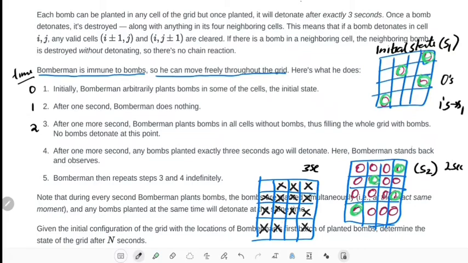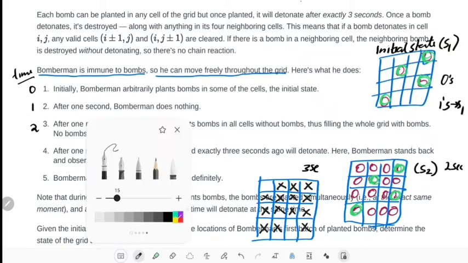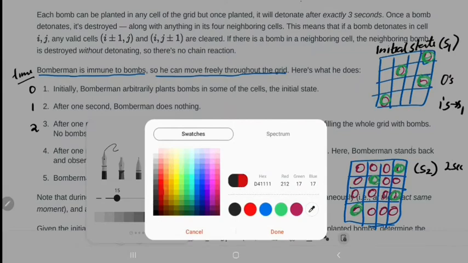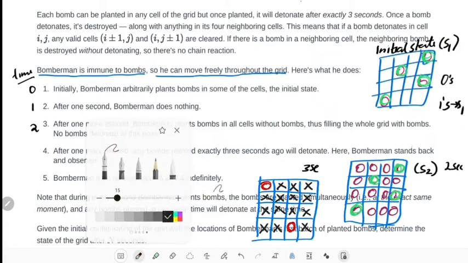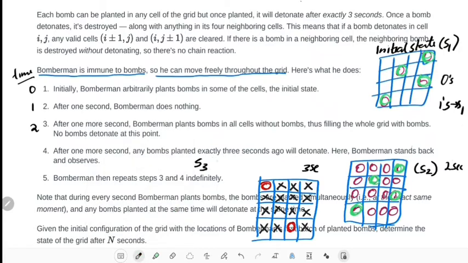So the new state will look like this. There will be bombs here and here; except these two, all the bombs will get blasted, so all the cells will be empty. So next state 3 will be at 3 seconds.